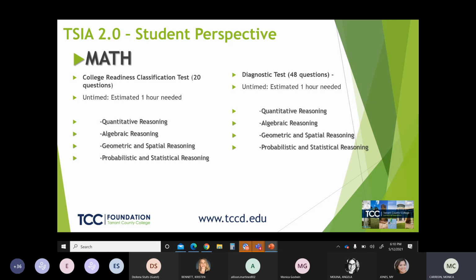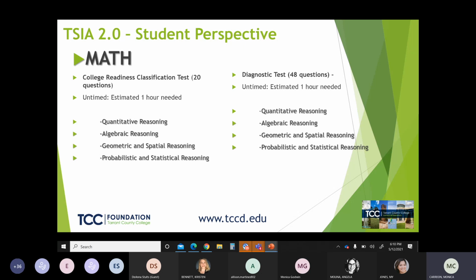Math, my least favorite portion. Again, first set of questions are college level questions. The second set of questions, if you are taken into it, are the diagnostic questions. Like I said earlier, they are computer adaptive.